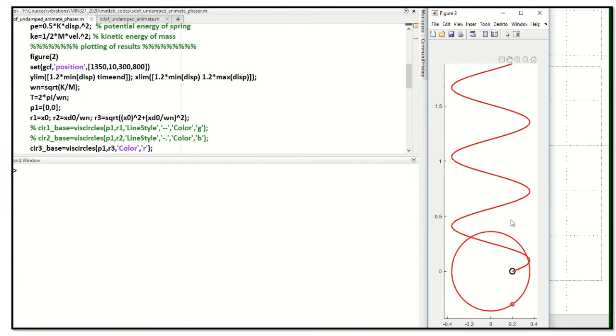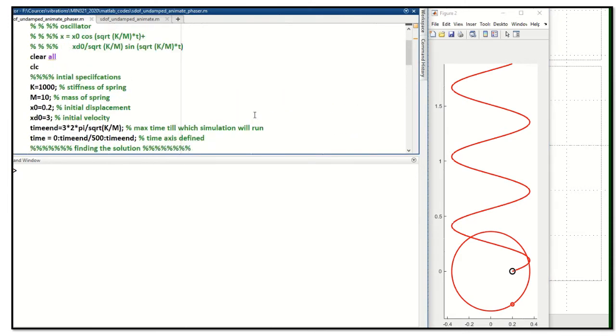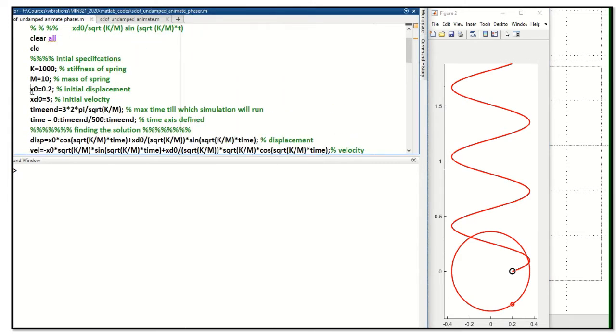Now we have seen in the last class that this mass did not start its journey either at the extremity or at the mean position. Why did it do so? Because of the kind of initial conditions that we have given, both of them are non-zero. This time I've changed the initial velocity condition. It was 2 last time. I have intentionally changed it to 3. I'll be telling you the reason afterwards. So initial displacement is 0.2 and initial velocity is 3 units, and the rest is all kept constant, and both these quantities are